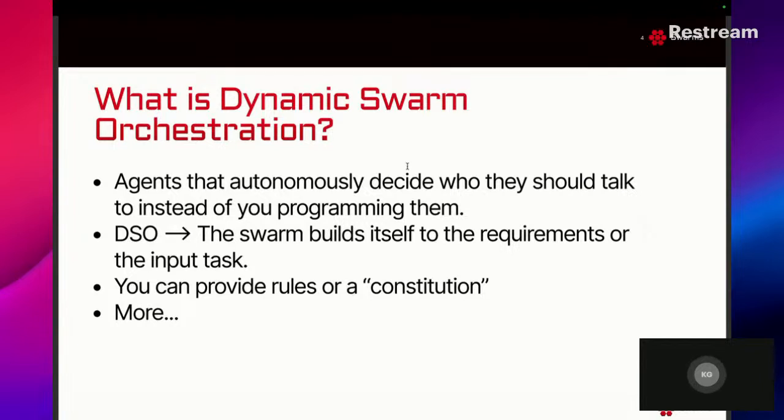And so dynamic swarm orchestration is kind of like you invest in a company or you invest in one person, and then this one person will build out the team they need for whatever problem they're trying to solve. It's essentially like you're a venture capitalist. Let's put it like that. A VC investor will typically invest in a founder, and then this founder will be responsible for building a team that is most likely to succeed in whatever task they're trying to solve. At least, hopefully, they will be the most likely to succeed.